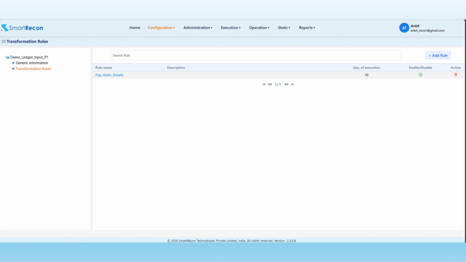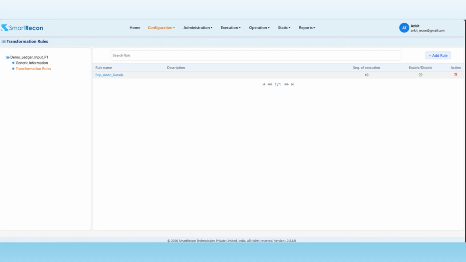Now we will add transformation rules to the feed we just created. Let me clarify that I have already completed this configuration. I'm showing this so you understand how it is done. Our requirement is to add client name, UTR, file upload date, amount and category columns against each record of this feed. We intentionally left these columns blank by setting pass as no. Now, we will populate them by performing a lookup from the ledger supporting file.